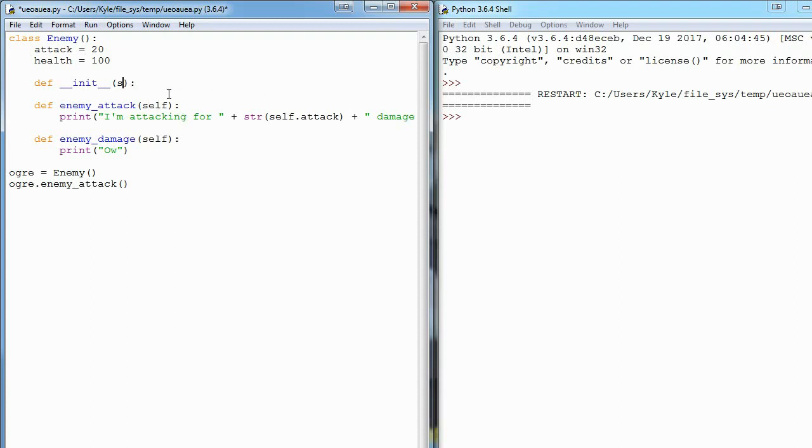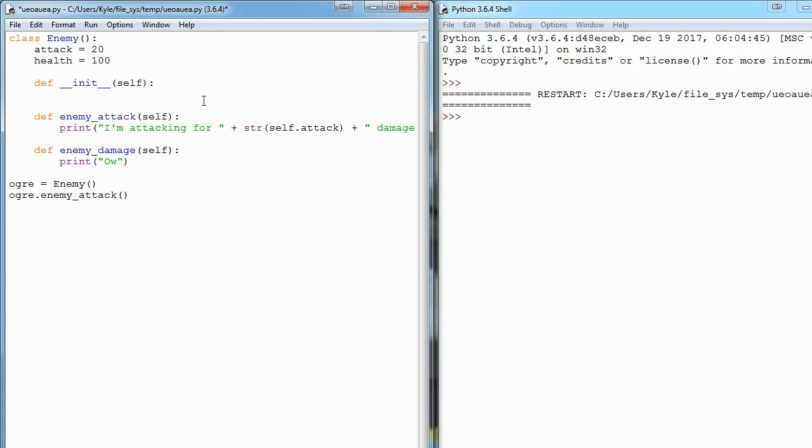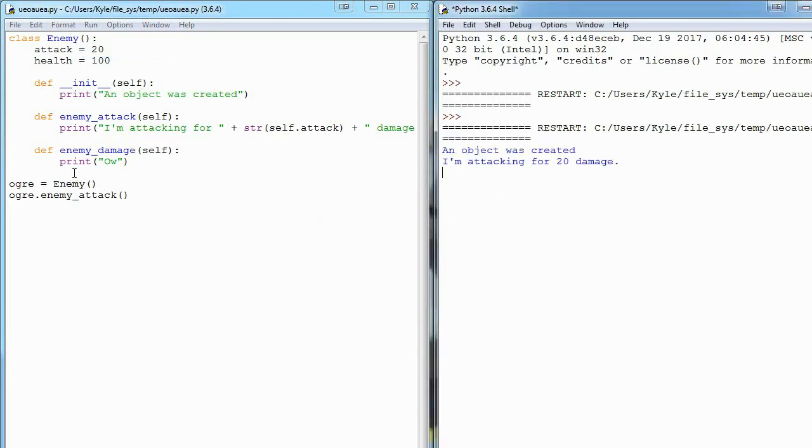Just like our other functions, we have to begin by giving self as the first parameter, and now we can actually start defining our function. To start off, I'll just say something simple like print an object was created. For now, let's just run this and see what happens. So an object was created, I'm attacking for 20 damage was our output, and the reason why is as soon as we,